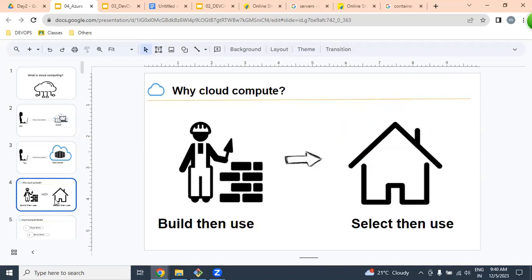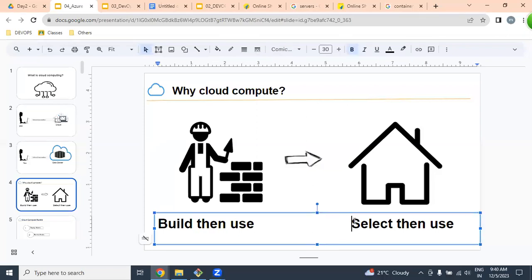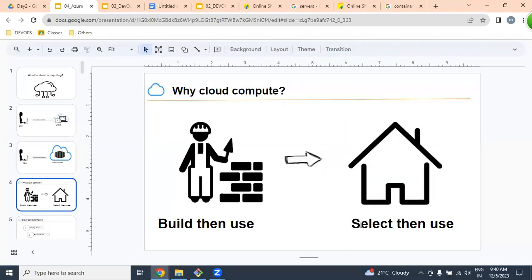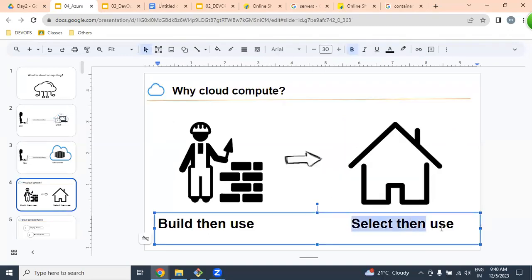But which is easy for you, by seeing this diagram? Select the option and build the option. For deploying our applications, we require this infrastructure. Which is easy for you? Select the option and build the option. To understand this,